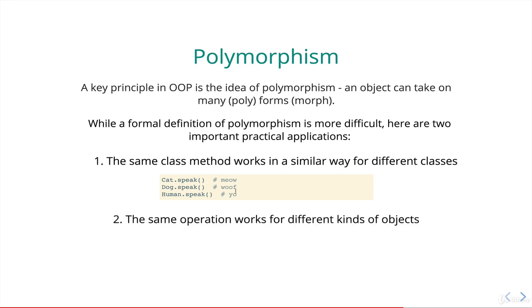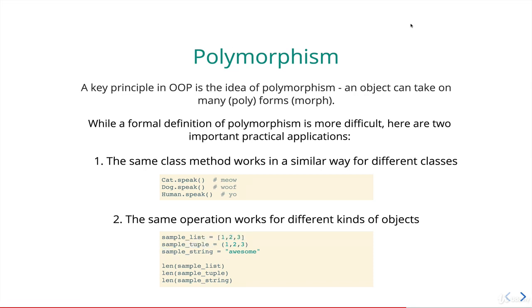And then the second type of polymorphism is where the same operation or the same method works for different kinds of objects. So it's able to handle more than one type of object. Something like len, the built-in function, is able to work with a list, a tuple, a string, and give us a length and work consistently with multiple types of things, right? It's not just one class always, although technically there's a distinction between these built-in types and our own classes, but for this example, it doesn't matter.